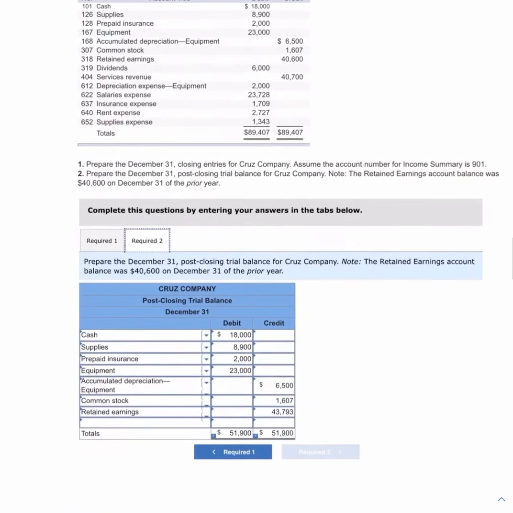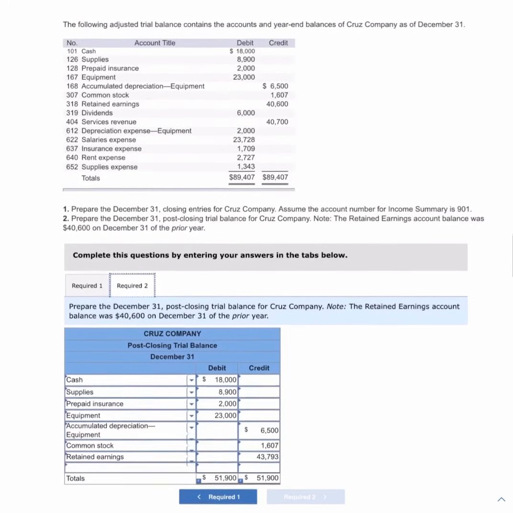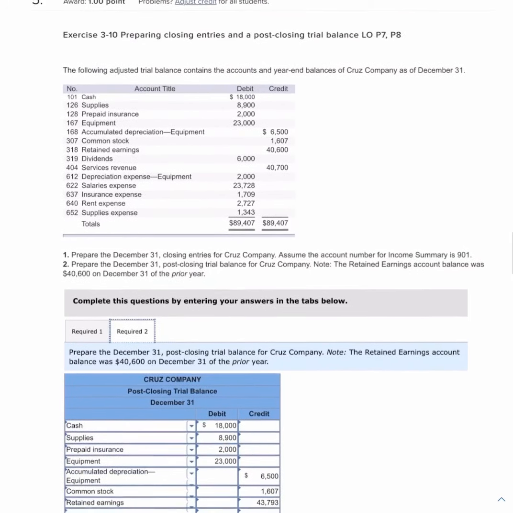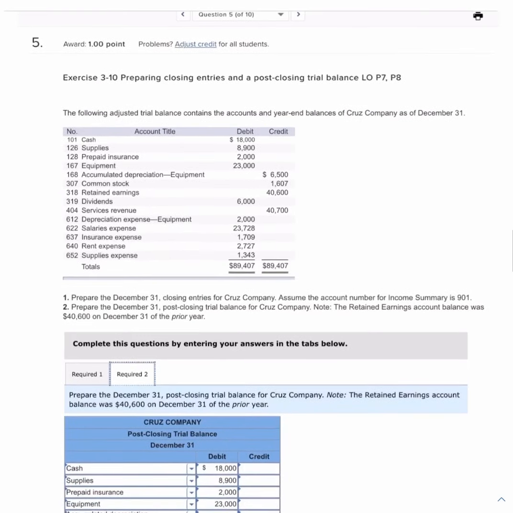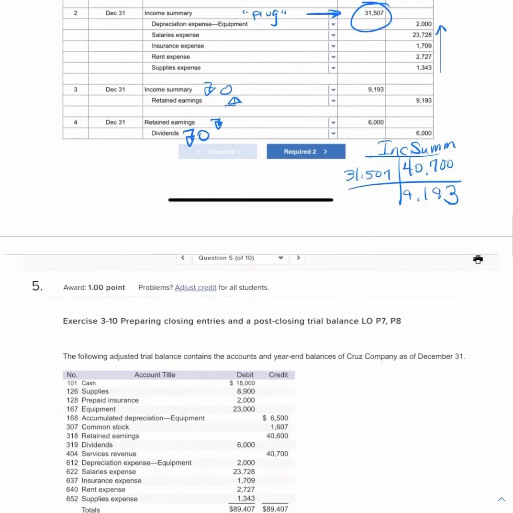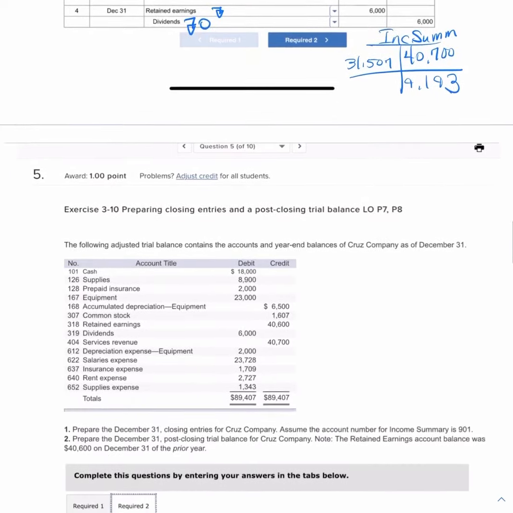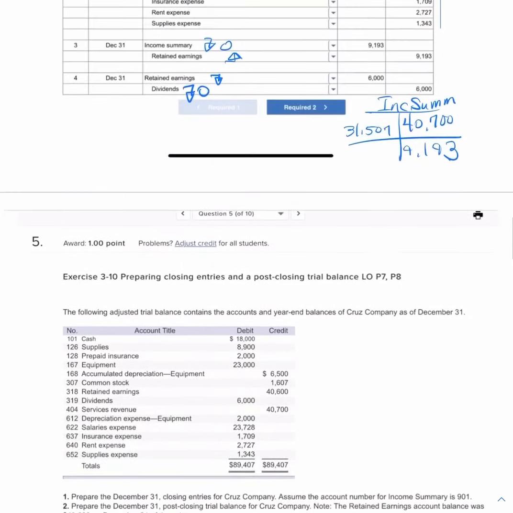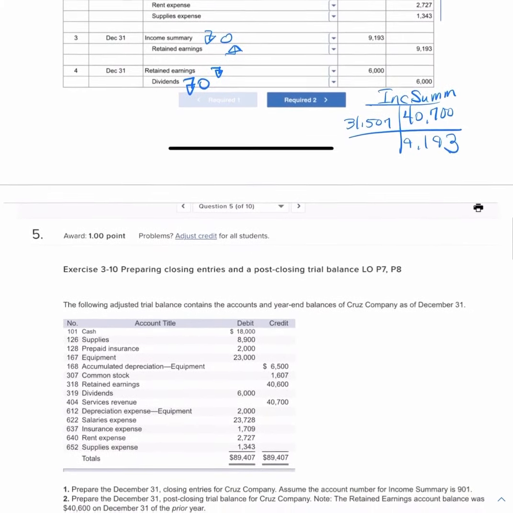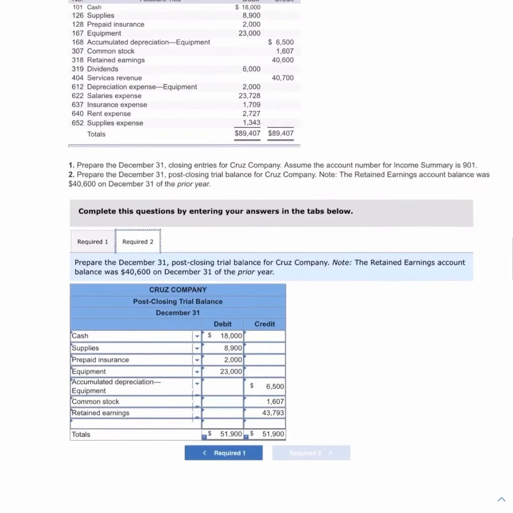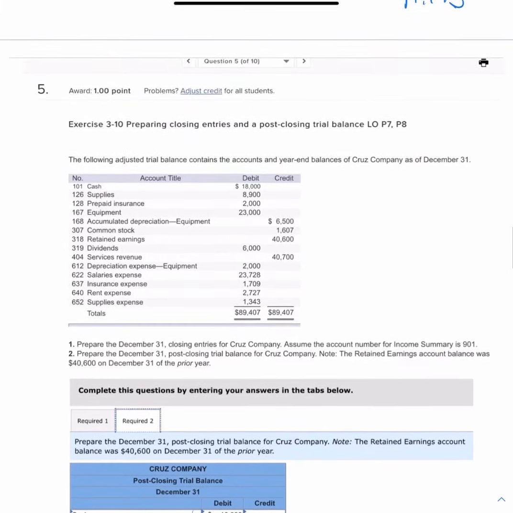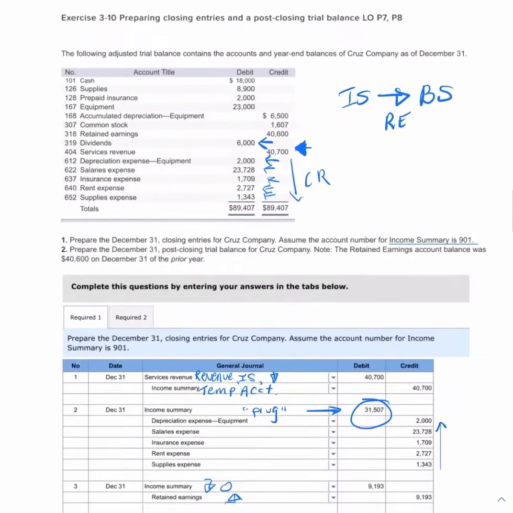Now for requirement number 2, they ask us to prepare the post-closing trial balance. Note the retained earnings balance was $40,600 on December 31st of the prior year. So $40,600 plus the $9,193 minus the $6,000 should give you this $43,793 that you see right there. Now, the next thing we want to look at is this,